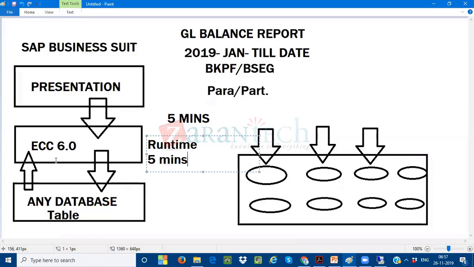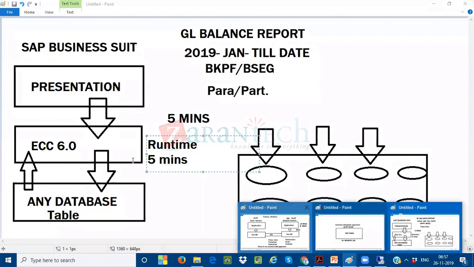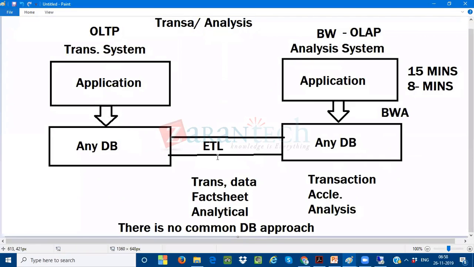This is what exactly. So what I'm going to do here is, I'm sending this data through the ETL process, from my OLTP system to the OLAP system now. I'm sending every month's data here.